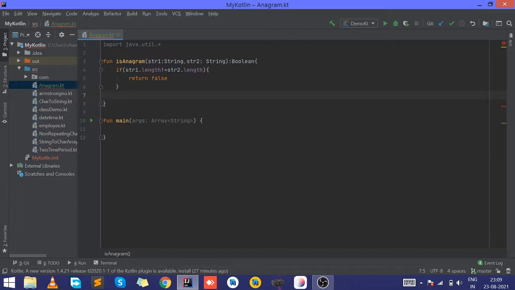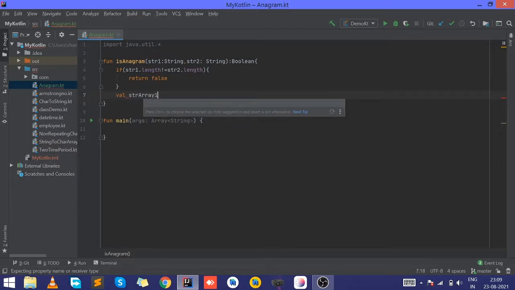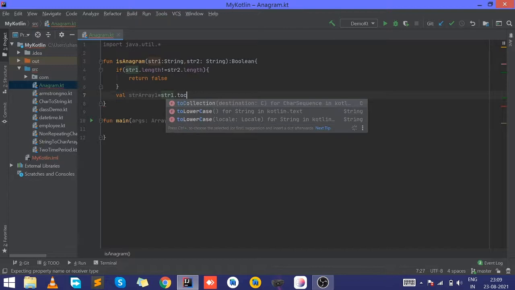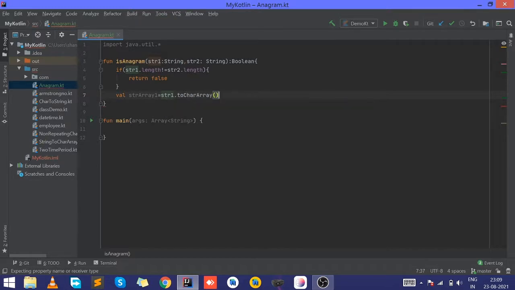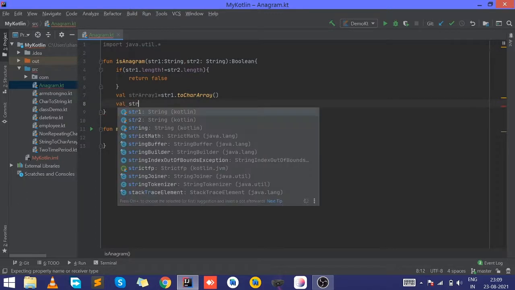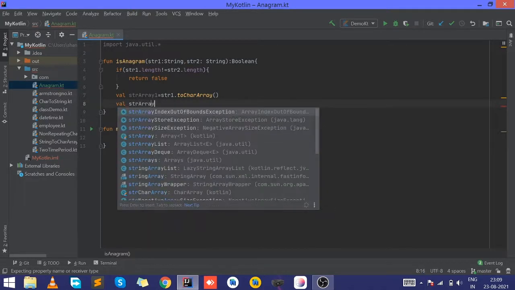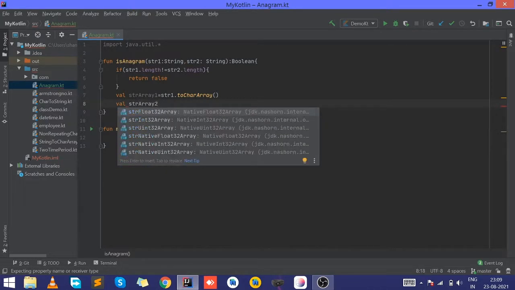So write right here: val strArray1 is str1.toCharArray(). Similarly, we do the same for string 2.